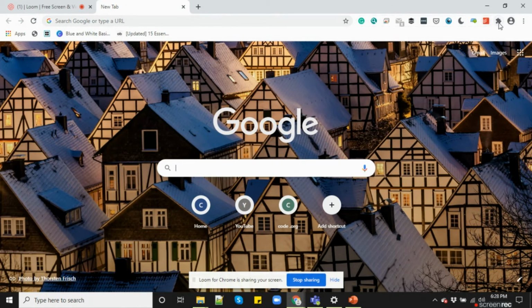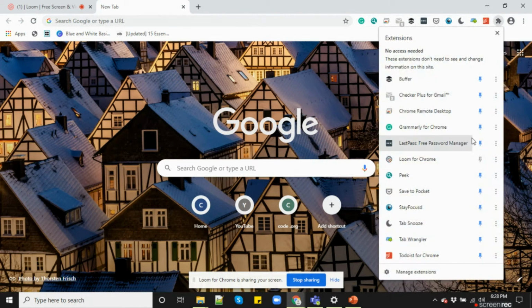So these are all different extensions which I have used, and if you want to unpin any extension, it would be removed from here. And if you don't want all the extensions pinned, you can unpin like this, and use whichever is required. Suppose I need only these three: Stay Focused, Grammarly, and LastPass. The rest I would be using very little.